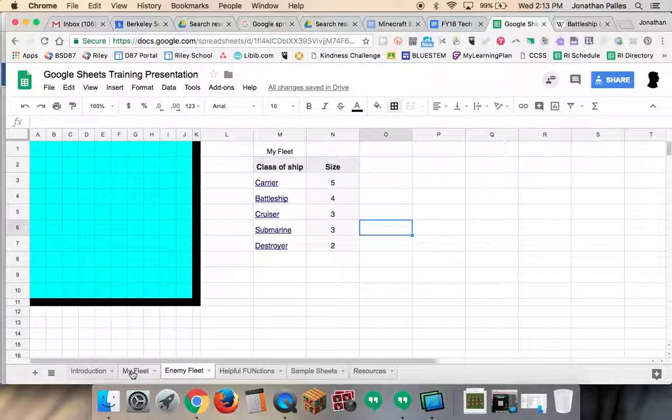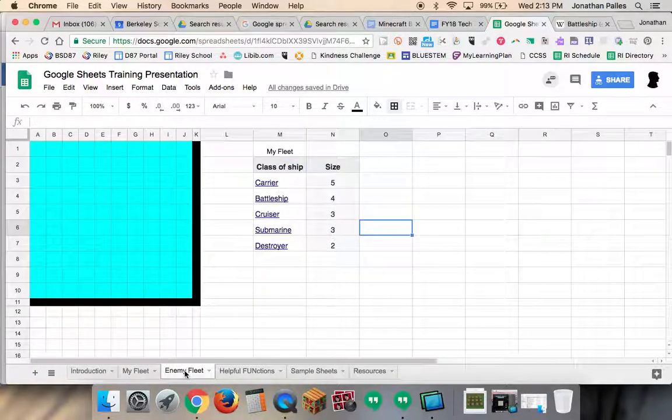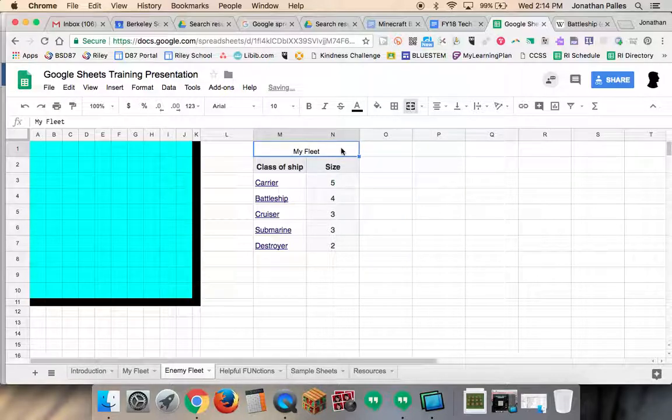So if you look at the My Fleet tab, you can see My Fleet is in one cell, but it's under both M and N. So in order to do that, we're going to use the merge button. So we can go ahead and go to enemy fleet, and I've already typed in My Fleet here. Then I'll highlight both of the cells, both M1 and N1, and then I can click on this button here, which is the merge cell button, and that is going to merge the